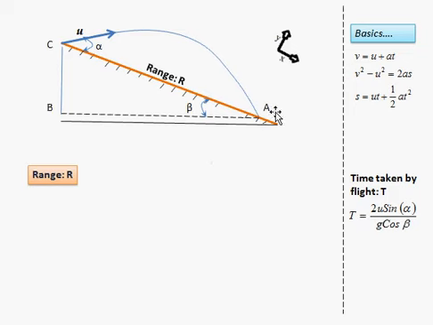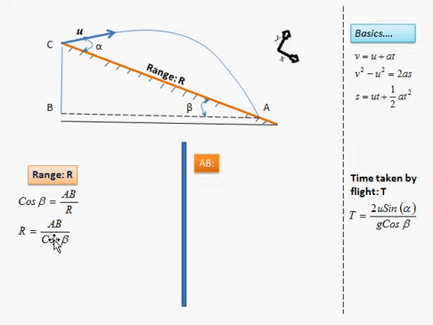So this horizontal line, I am naming it as A and B. Taking the cos, we can relate AB to the range which we need here, that is R. Modifying, taking R here and cos beta here, we can write the next step like this. So in order to find R, we need to know AB. So we are going to find out AB here.